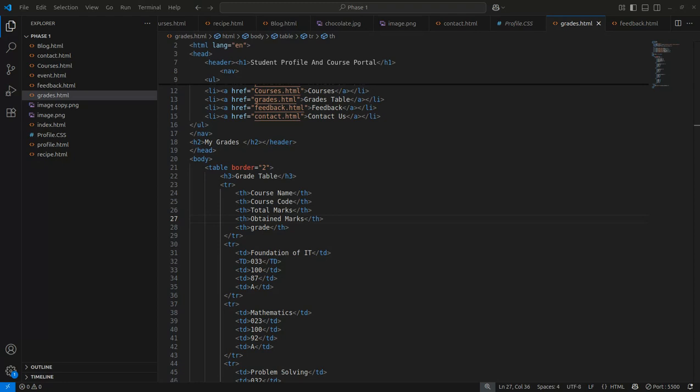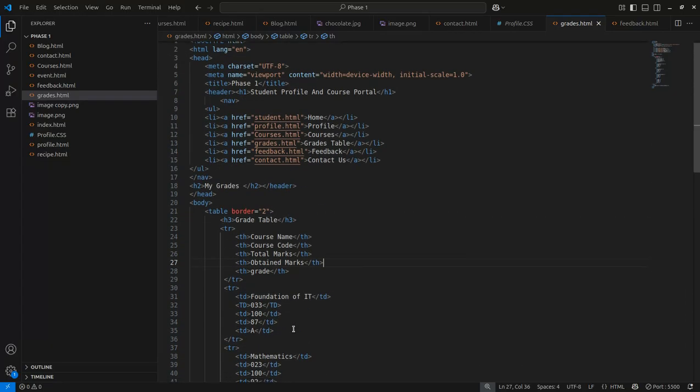The data includes headings for each column and rows that display the course name, course code, total marks, obtained marks, and the final grade. I also added a small footer message at the end to make the page look complete and professional.